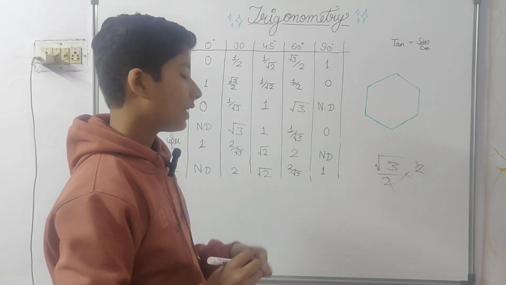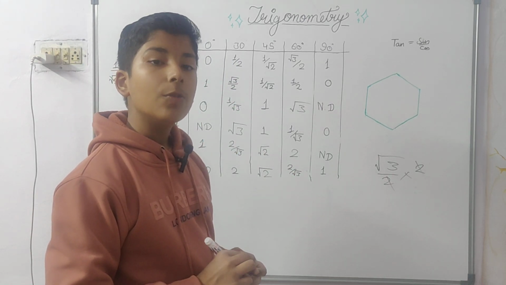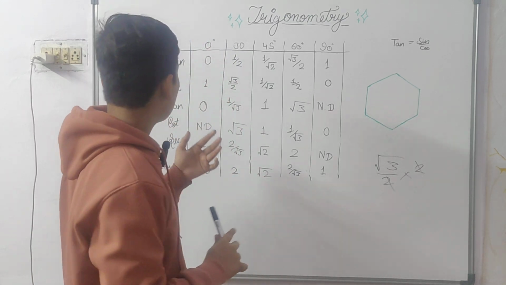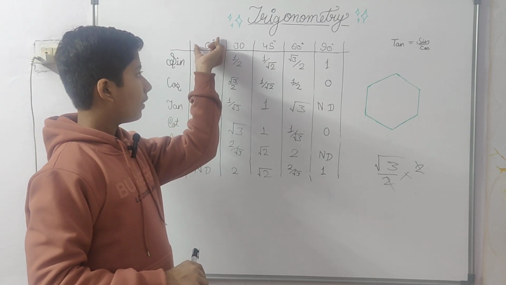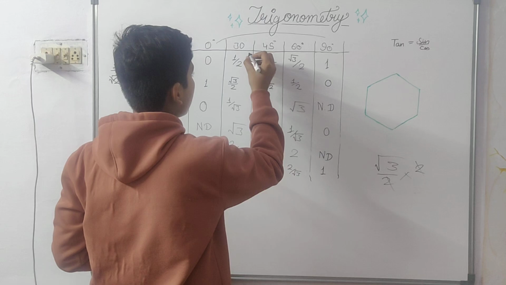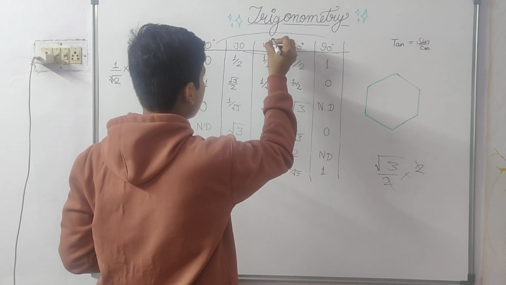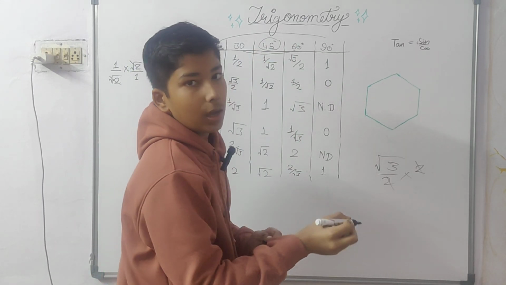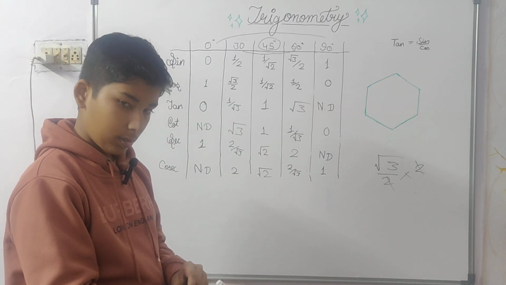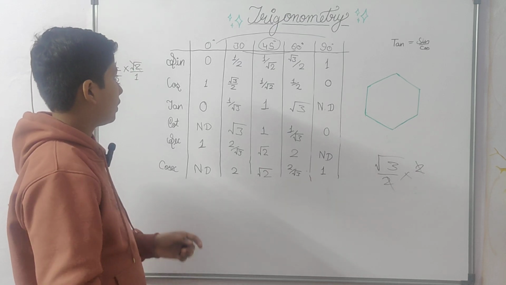So our trigonometry table is complete. Now if you don't want to watch the video, I'll just tell you a trick for how to learn it. Firstly, we'll make the pairs: 0 and 90 together, 30 and 60 together, and 45 alone. Okay? To learn that trick, we will have to practice it.